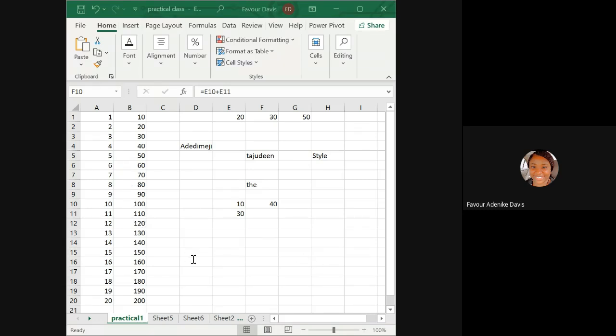Okay. So we've been able to discuss different Excel interface elements, like the active cell and the column. I said a worksheet has 16,384 columns, and I've not seen any data set that has up to 16,000 plus columns. Then we talked about rows, and I said the row has